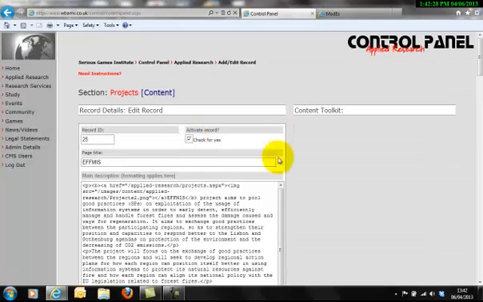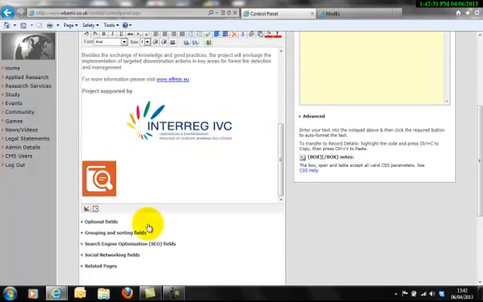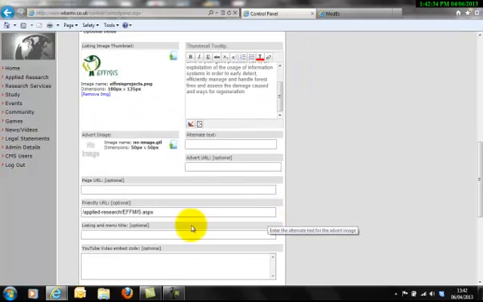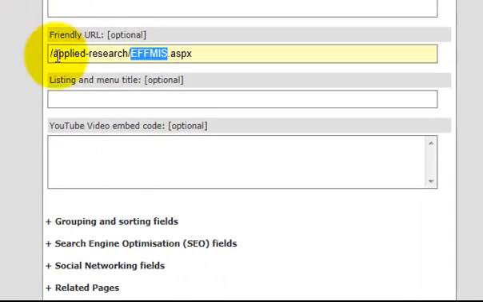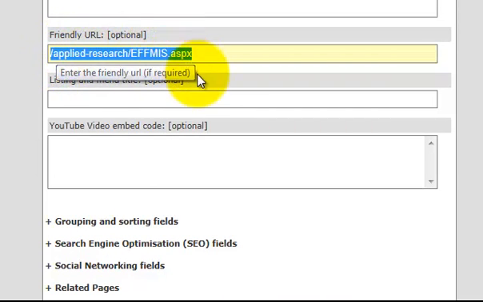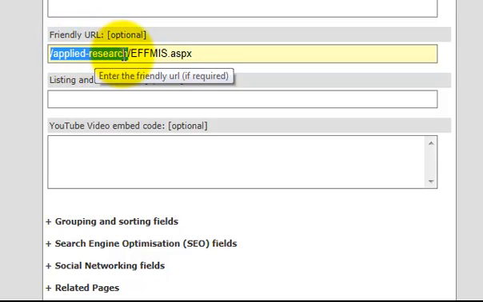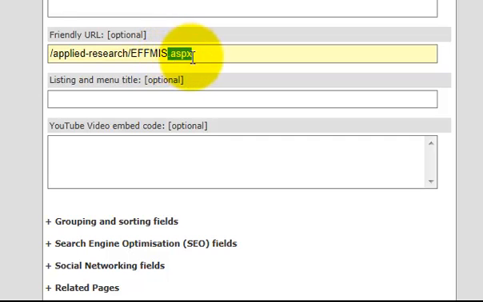Go back to it just to point that out in the optional fields, and here it is. You don't need to apply this path. All you need to actually add in is the page title, which is here. And when you've done that, you need to update, and when it's been written to the database, you'll see if you go back through to edit that it's applied, the system will apply the path and the .aspx. This is the portion you need to